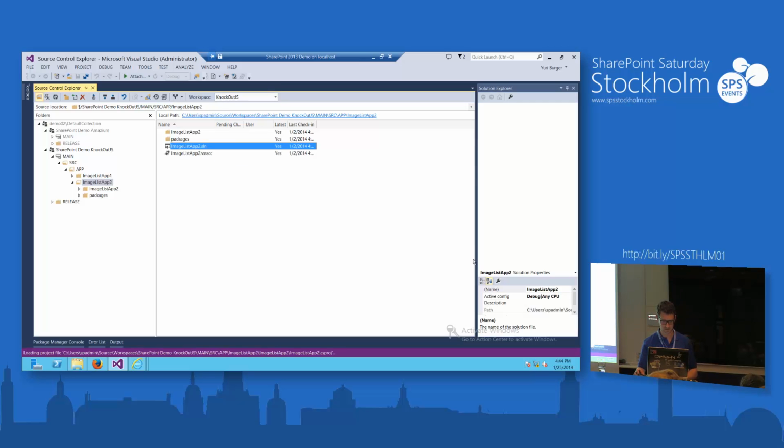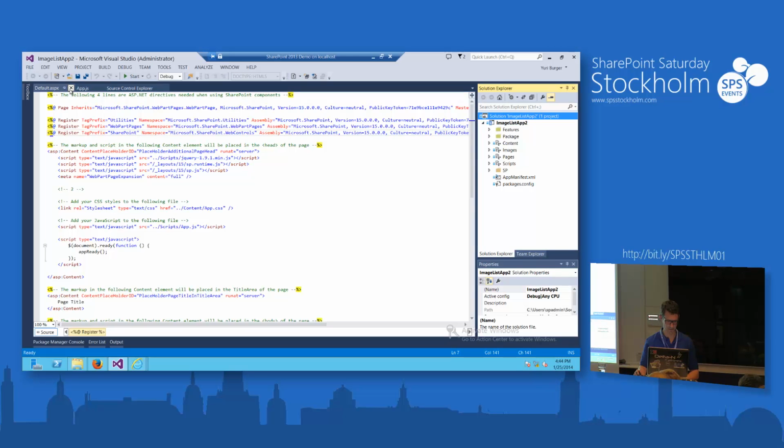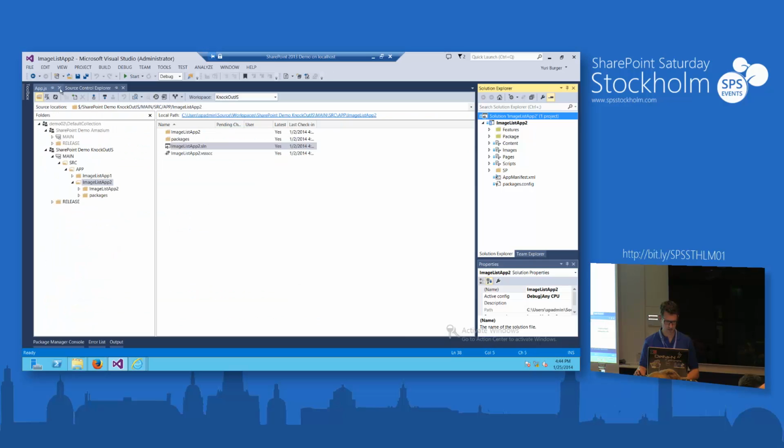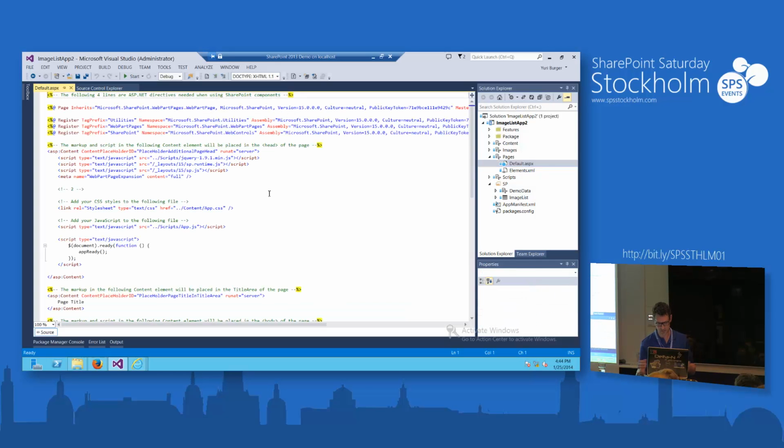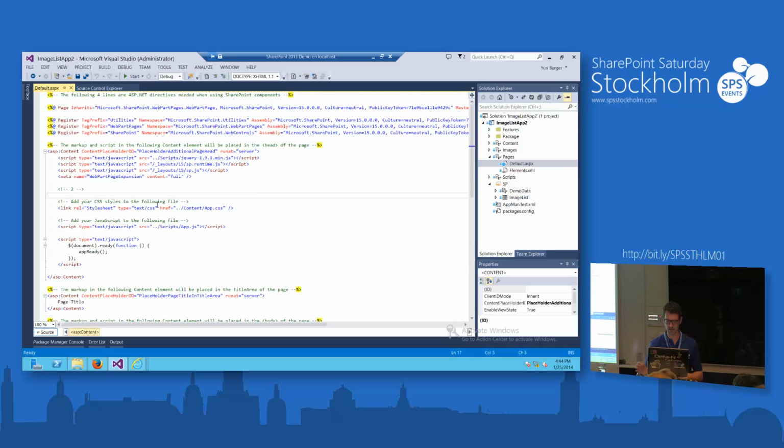So, okay, it said it was checked out, but luckily for me it isn't. There it is. Yep. Okay, so we basically get the same project structure, same image data or demo data. Here is where it's going to differ. This is the same file. I just added some of the